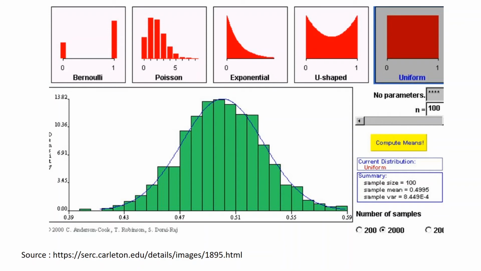Bernoulli is basically closely related to the binomial distribution. Okay, you have the binary values that you consider. Okay, so 0 and 1. Poisson, you have it exponentially, it can rise or decrease. Okay, and one that you can see is U-shape, which pretty much defines what it is. Okay, so all of these, when we are deriving the sample in a particular manner, we come to this conclusion that they are normally distributed. Okay, so the sample mean is basically normally distributed, so that we can derive from the central limit theorem.